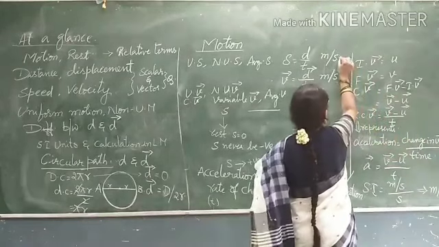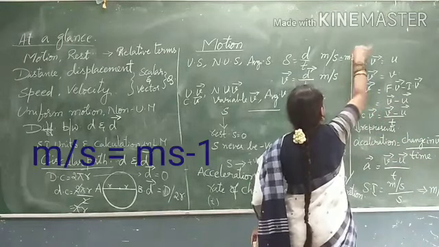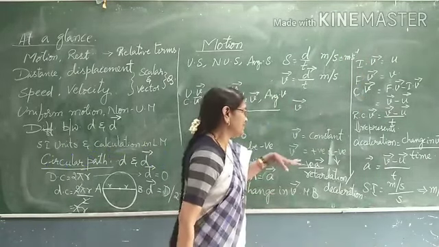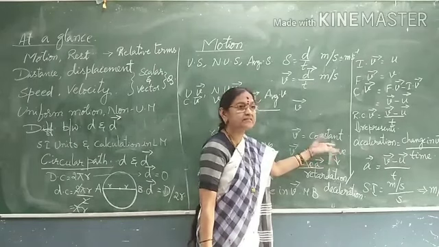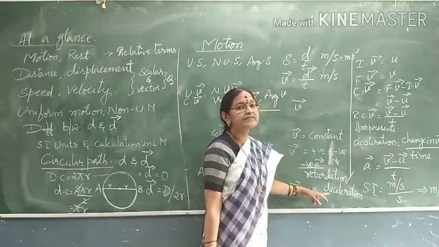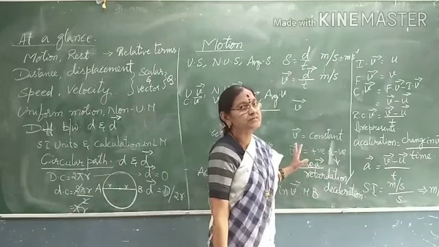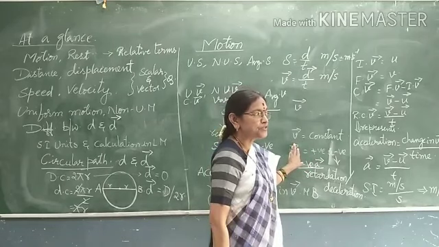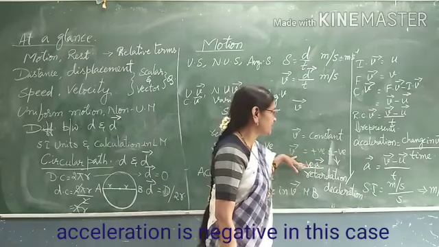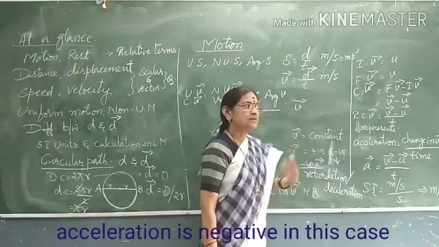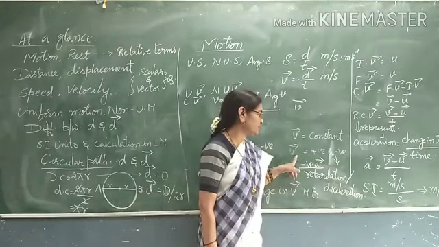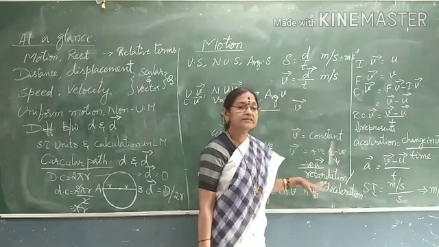The unit is meters per second square, which is also meters seconds inverse. Yes, have you understood? Now, when the velocity of a body is decreasing, it is called retardation or deceleration. The best example is the departing of a train from the station and the arrival of a train. When departing, its velocity goes on increasing, that is acceleration. When it is arriving towards the station, its velocity goes on decreasing, an example of deceleration.